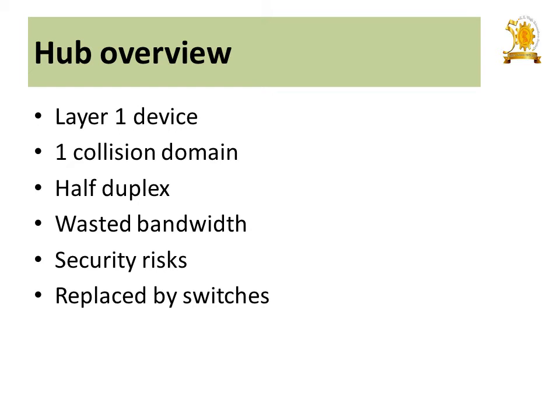Now what is this hub actually doing? If you have learned about the OSI model, you will understand it. The hub is a layer 1 device, that is, it acts in the first layer of the OSI model. The second point is that it is a single collision domain. As the computers are sending data to a number of pieces at a time and it is acting in half duplex mode, there may be collision of data. The next important point is that the hub works in half duplex mode.